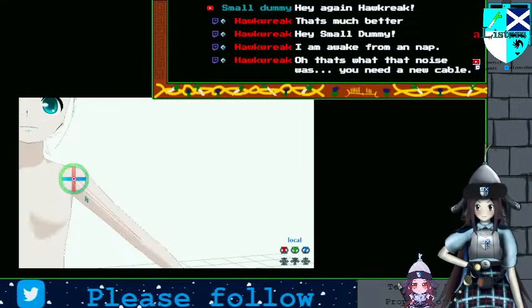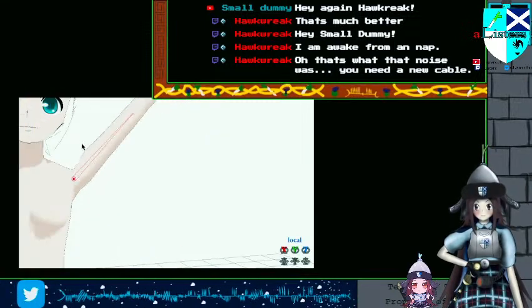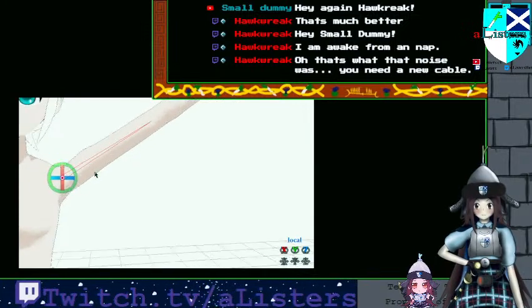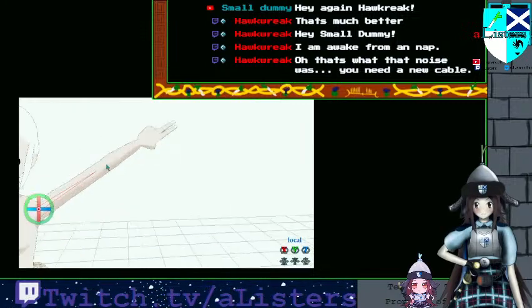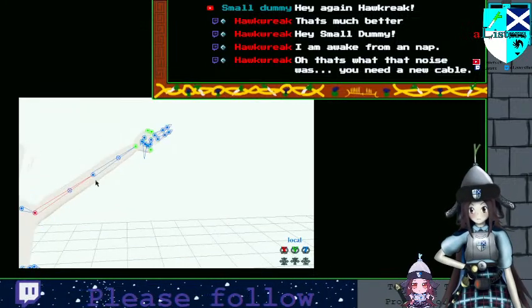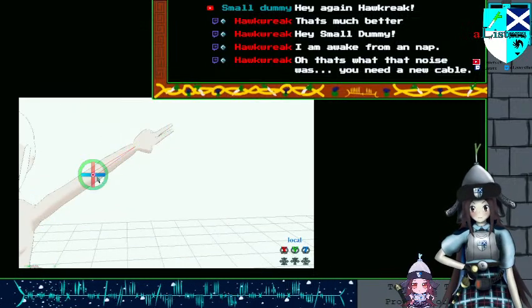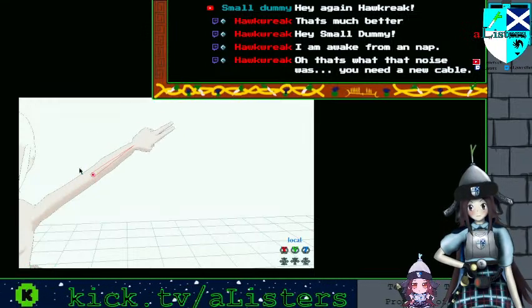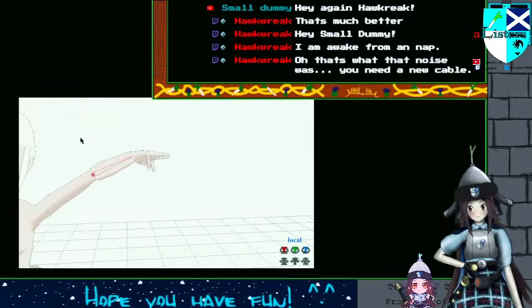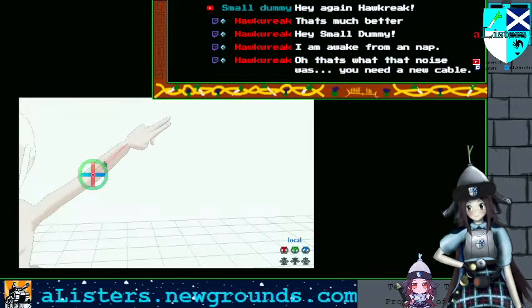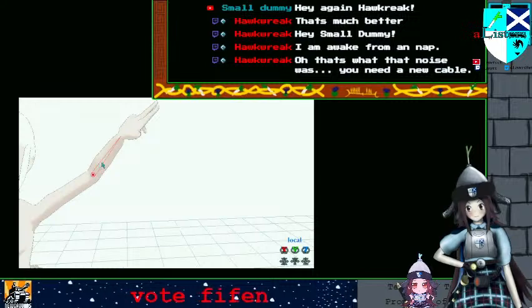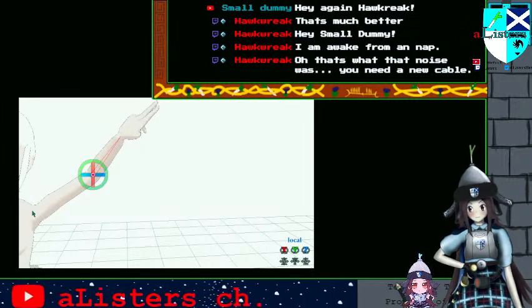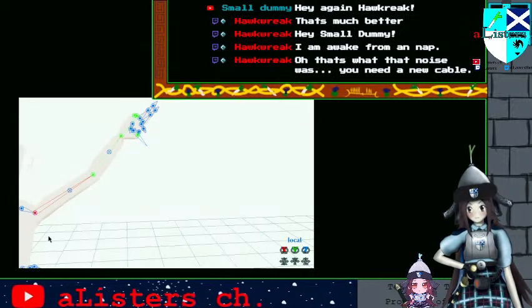But yeah, this is mostly to get an idea of the sort of pose that I would want, because I'm mostly a hobbyist in terms of what I draw.